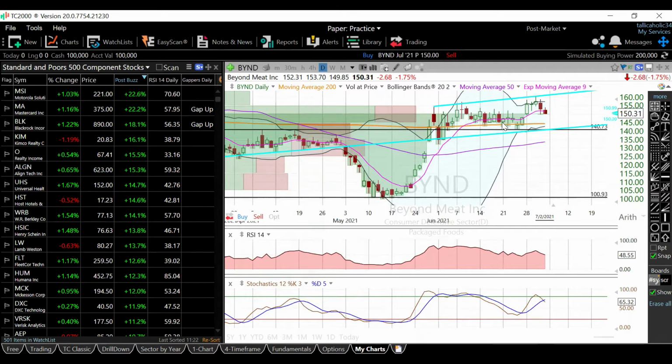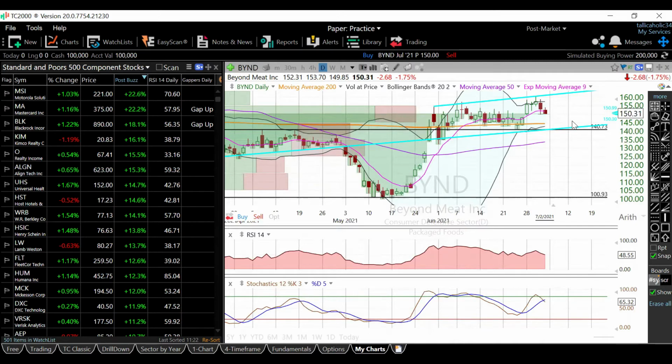Support wise, what we're looking at, well, it's going to be this 200-day moving average or this lower trend line down here right at the 140.70 mark. Below that, it will be this 50-day moving average here, but I don't think we're going to get down there. We should get a nice little bounce in here. I think we're going to kind of stay in this channel first before we have to go up and ultimately hit above those 160s and break out. But I think we're going to go down here and kiss the 140s.